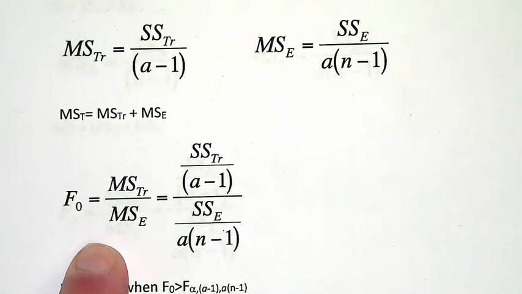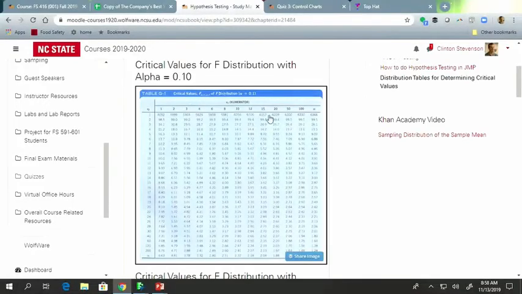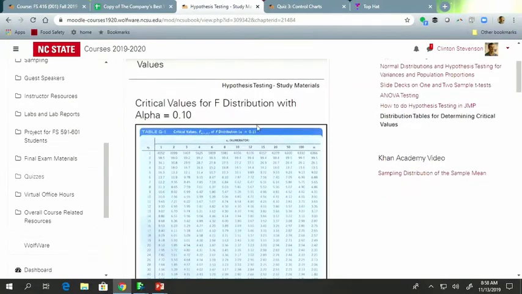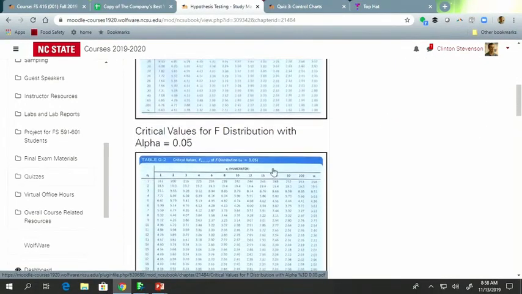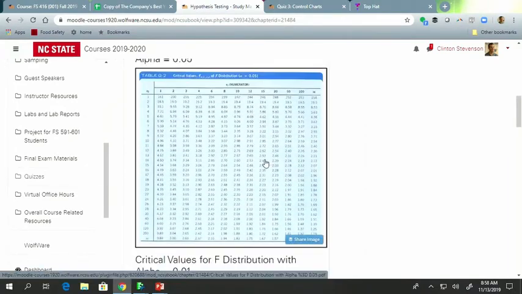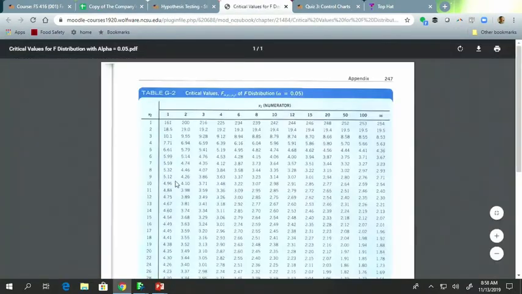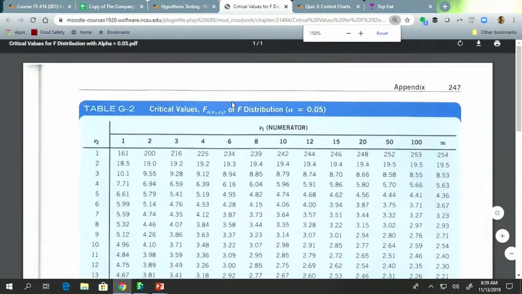Okay, so what are we going to do now? We're not done yet. We're almost done. Remember the last step of hypothesis testing? Exactly. We have to accept or reject. So we're going to look up one of these tables, right? You want to go with an alpha of 0.1 or 0.05? Let's do 0.05. Sure. That's pretty common. So we have 0.05,